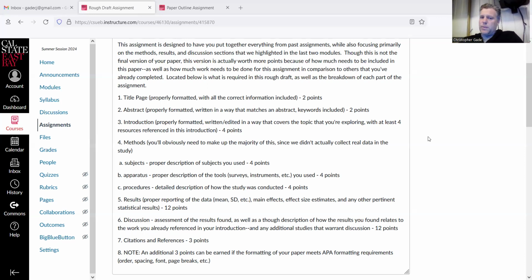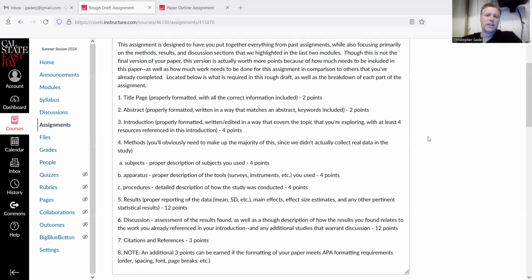You also see there's a lot of points with the methods section. We talked about the methods section last time, talked about how it's supposed to be divvied up. We went into the details of what should be included within each of the subcategories of the methods section, but you haven't had any points assigned to it. So you'll see a lot of points for this assignment tied to that methods section, which just kind of reflects the fact that this is a new thing